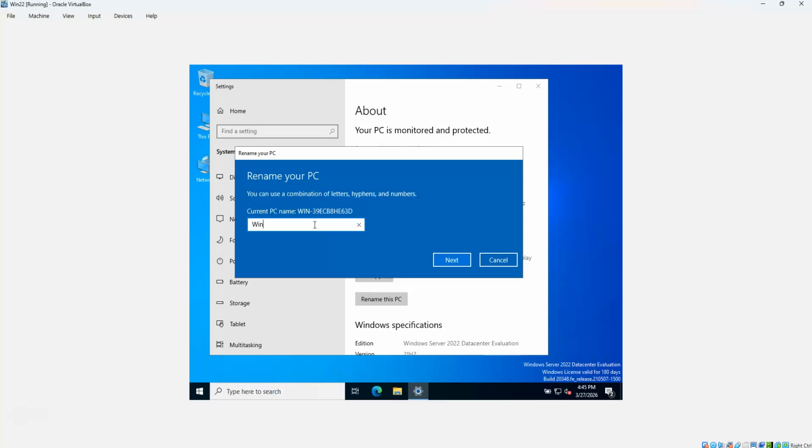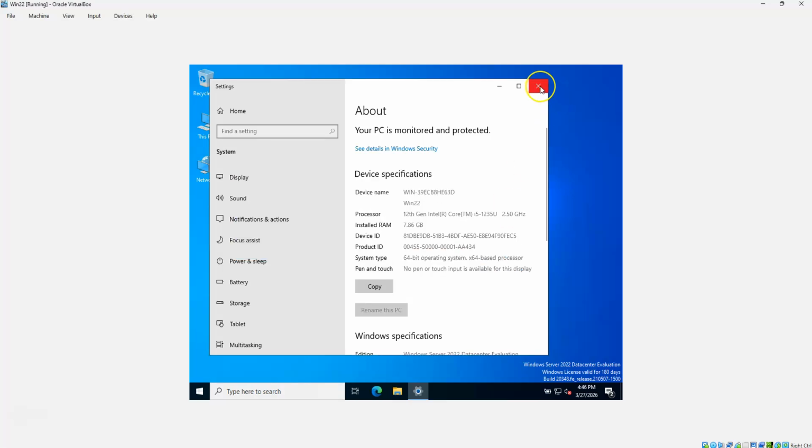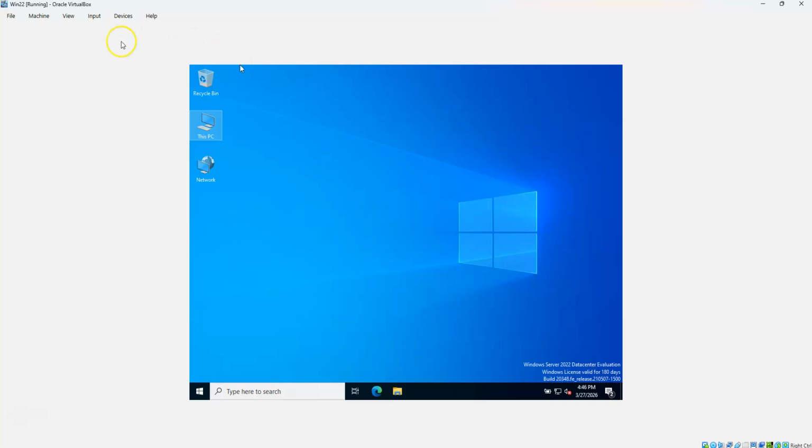Rename Windows 2022, same as my Oracle VirtualBox machine. I will restart it later on. Let me do some setting from the Oracle VirtualBox end to maximize this screen. What we have to do, we have to go to Devices, insert Guest Additions CD image,